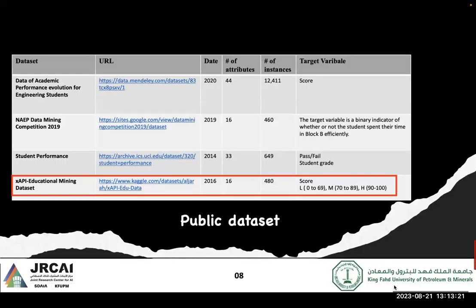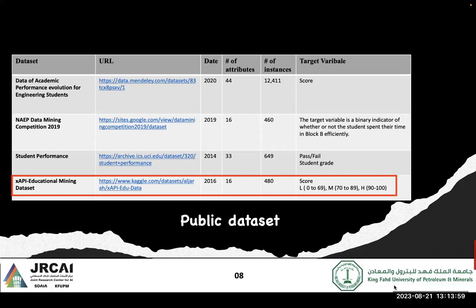All right, so now when it comes to the data, machine learning without data is nothing. You need the data. Without data, you cannot build your model. So here we have some examples of publicly available data sets that can be used to build machine learning models. Some of them are old and some of them are somewhat recent. At the bottom here, in the red box, this is the data set that we are going to use in the hands-on part. It's publicly available, you can download it, you can get it.